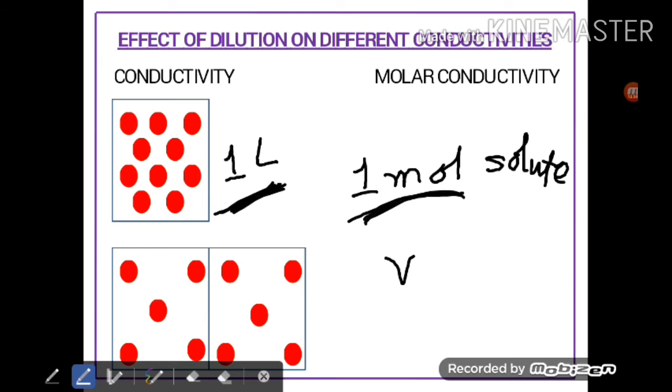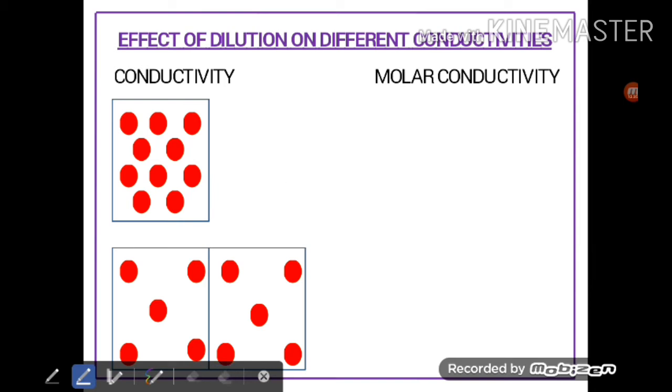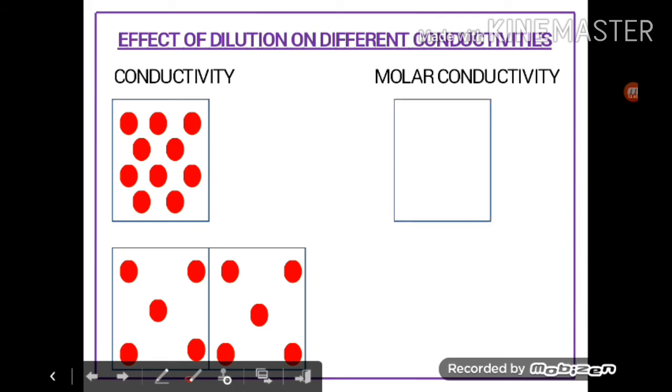this number of moles. So now see, what will be the effect? It is simple. Now see, again the volume of this box is 1 liter. Here again 10 ions are present. So due to 10 ions there will be some conductance, that is known as molar conductivity. Not 10 moles, suppose these are 1 mole of solute. In 1 mole of solute, suppose 10 ions are present. So the conductance of 1 mole of solute is molar conductivity.